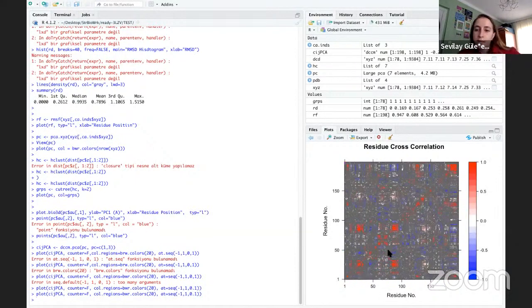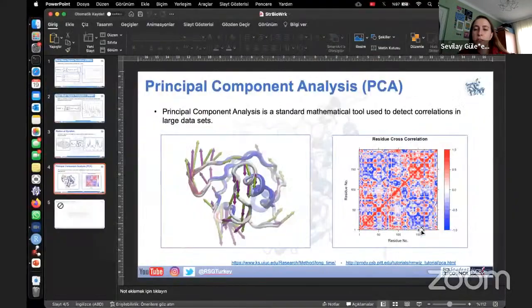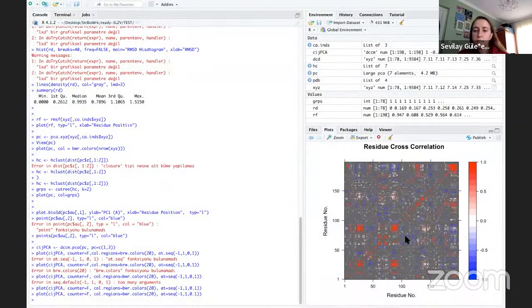See, this is not a good result. The correlation is very small for this result with the ligand one. Normally, we generally see it like this, and that means there are some negative correlations in the blue one, and there are some positive correlations, which means they are getting closer to each other, for the red ones. But in here, this is not a good result for our ligand structure,